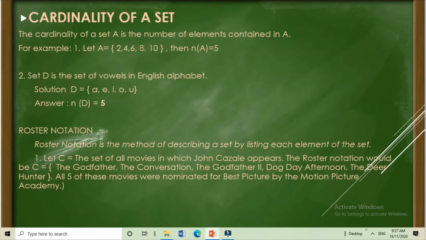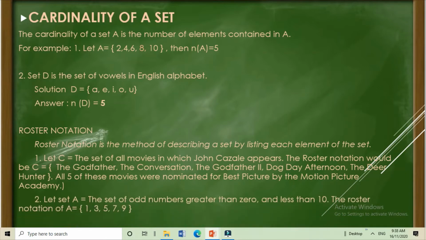For example, let's see the set of all movies in which John Cazale appears. The roster notation would be C = {The Godfather, The Conversation, The Godfather 2, Dog Day Afternoon, The Deer Hunter}. All of these 5 movies were nominated for Best Picture by the Motion Picture Academy.